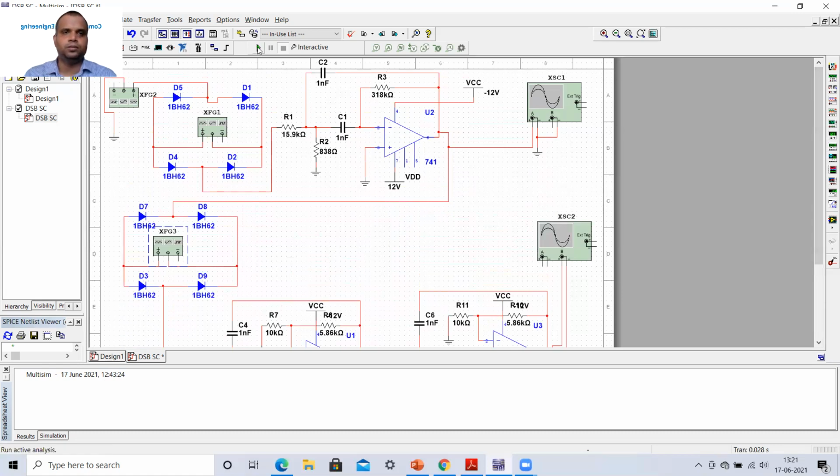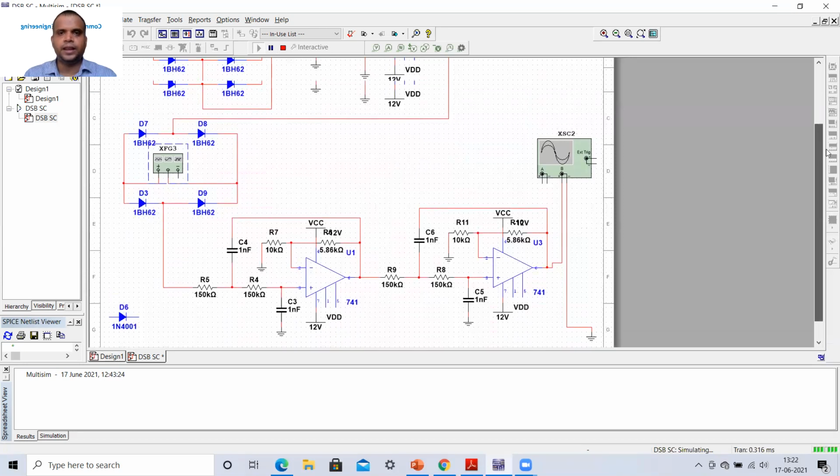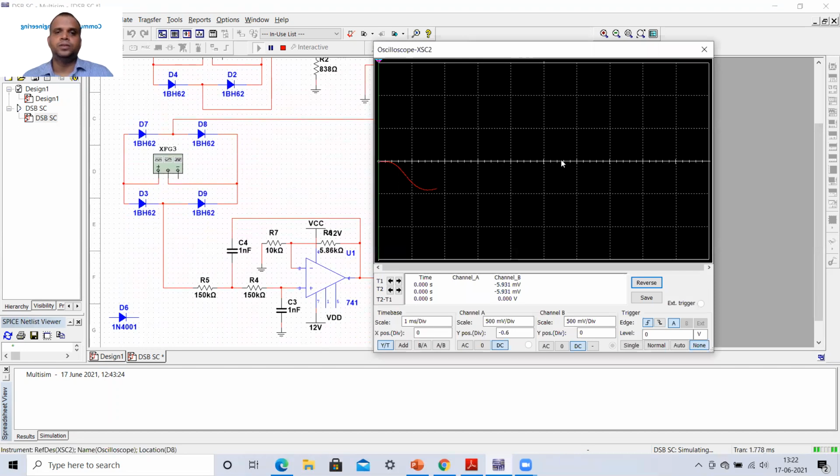Once you do this simulation, after executing this circuit, we can observe the final output. That has to be a sinusoidal wave of the same frequency. So this is our final output of the low pass filter after multiplying this DSBSC signal with the same carrier of the same frequency and phase, and then passing it through the second order low pass filter.